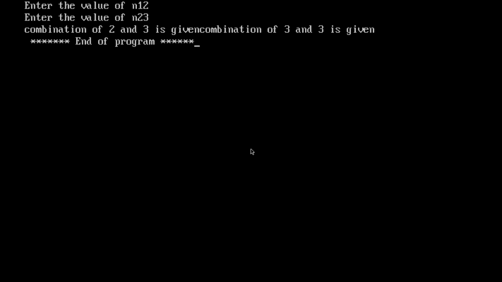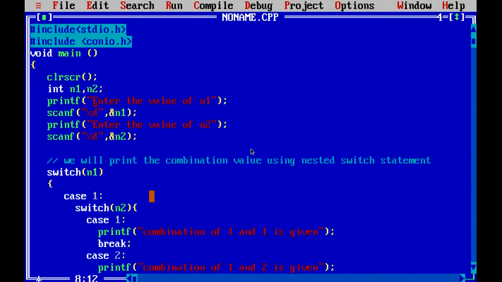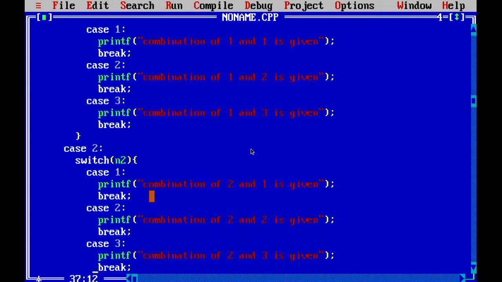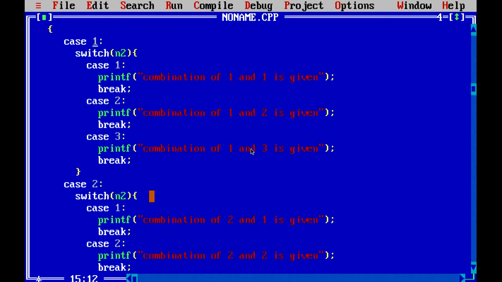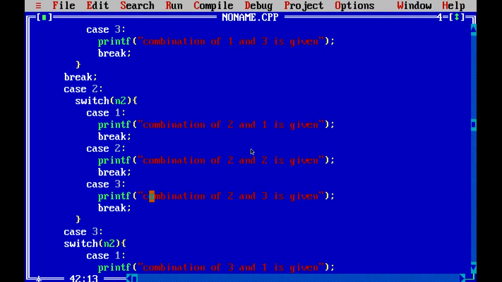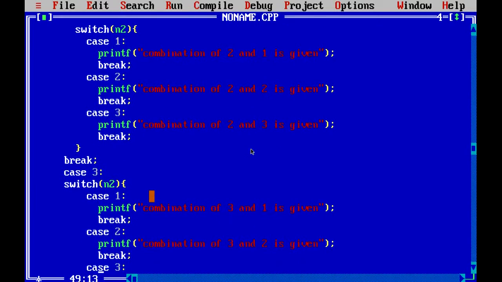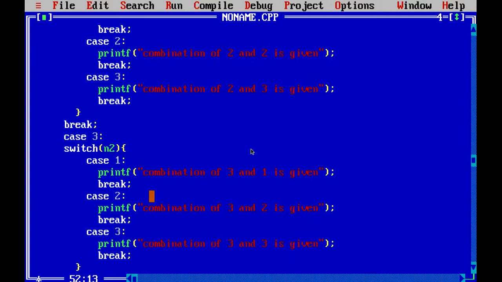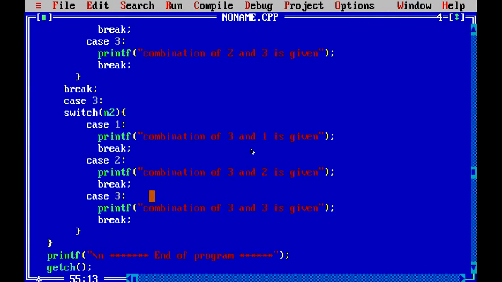Maybe we are missing some break statement, so we have not added the break statement. That's why it is executing further cases. After every completion of a case statement, we have to apply the break, and in between the case value and the break, the block of statements will be executed. Let me apply the break over here also. So for a separate block of statements, this should be inside the case value and the break.